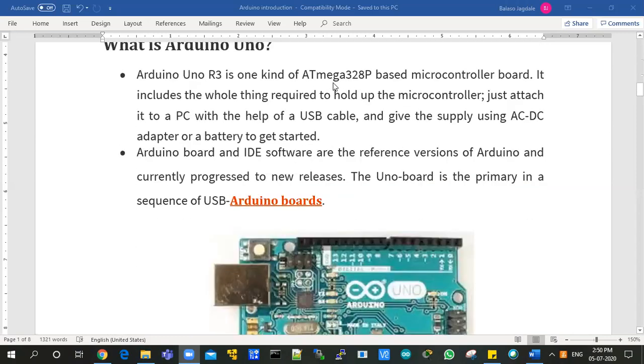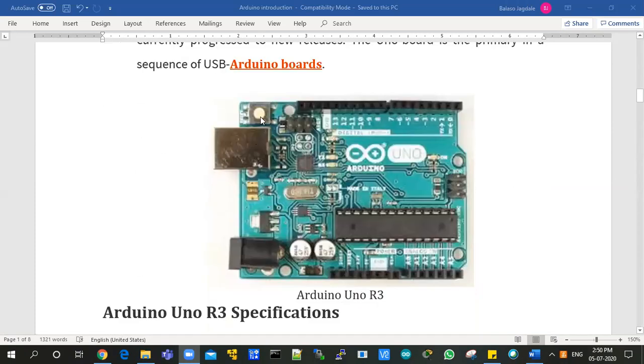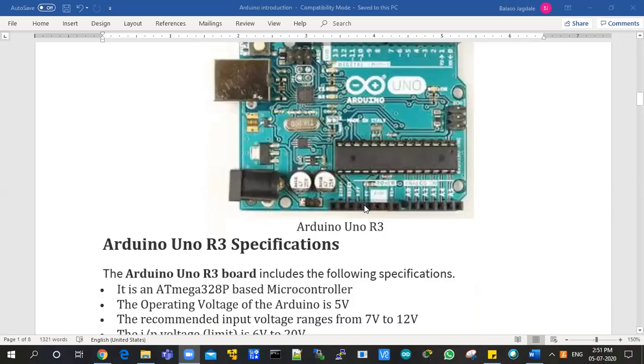So I told you this is the ATmega328P processor, and this is the Arduino Uno board. Once again, we are looking at this picture where this is the main IC, that is the microcontroller IC. In a microcontroller, you know that it is not a single CPU kind of thing. It has got inbuilt different peripherals in order to interface the different peripherals. And then, of course, these are the physical connectors available in order to connect the different sensors, actuators, and power supplies. We'll see these connectors one by one later on.